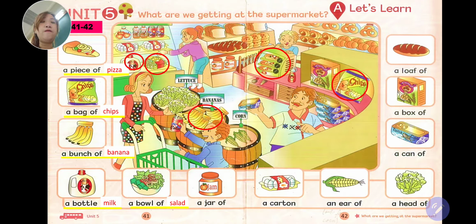A bowl of salad. 一碗的什么沙拉 Next one, a jar of jam. A jar of jam. Jar 就是玻璃罐 A jar of jam. 果酱都会放在玻璃罐里面